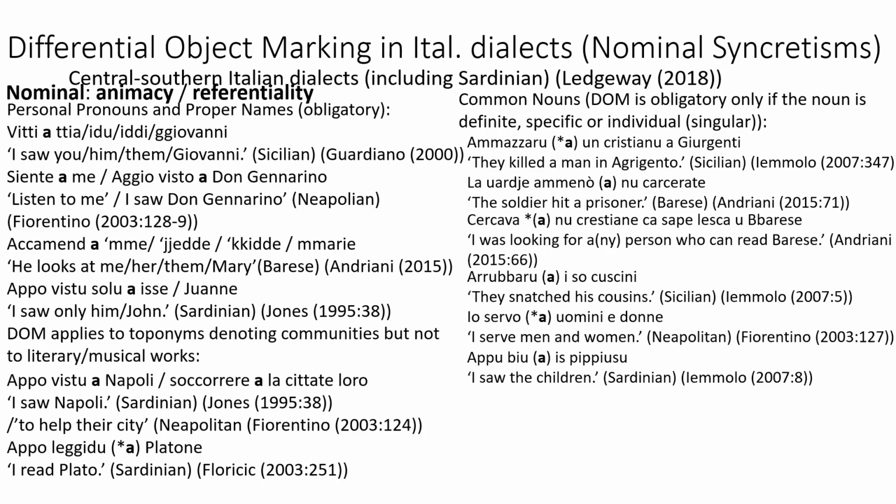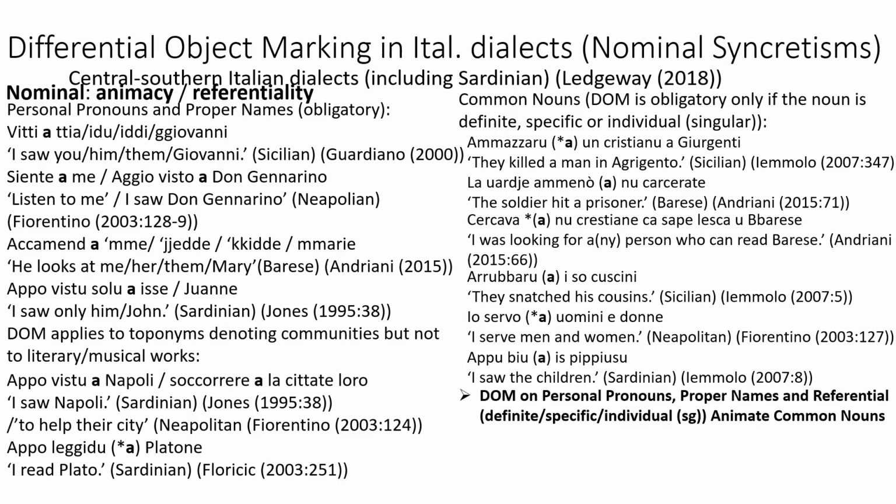Also, with some number, so for example, if the object is plural or generic, if it denotes a group of people, a is either optional or ungrammatical, as shown here. So the idea is that we have DOM obligatorily on personal pronouns and proper names, and also with referential and common nouns. And finally, I would just say that effectiveness of the verb doesn't seem to trigger DOM on